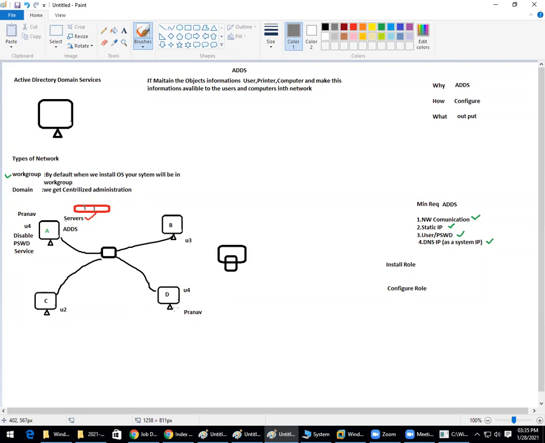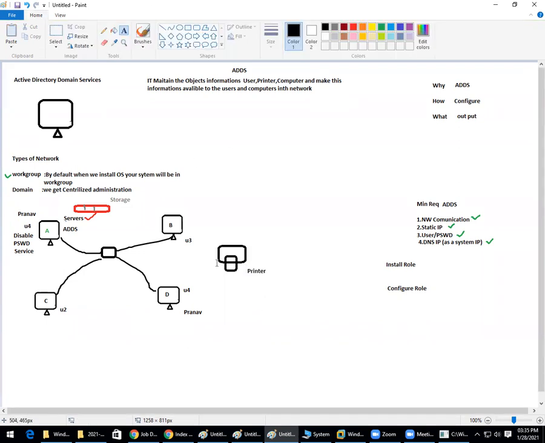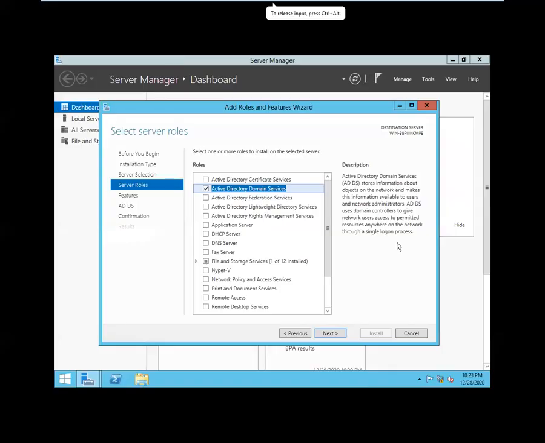So if Prano is logging into the computer, Prano gets access to the storage and Prano gets access to the printer. That means on a single logon he gets rights on a printer and a storage. The same way with you too, when you log in. So this is what this explains.